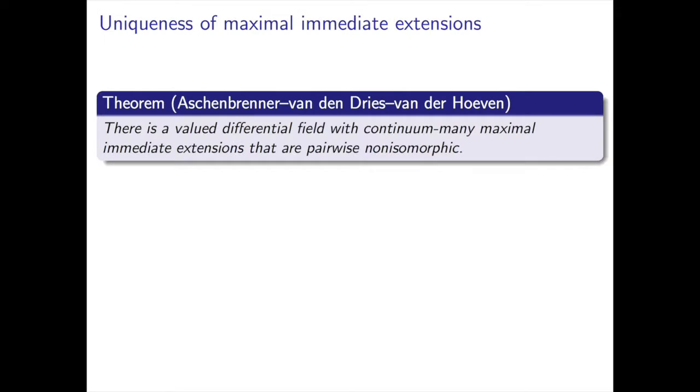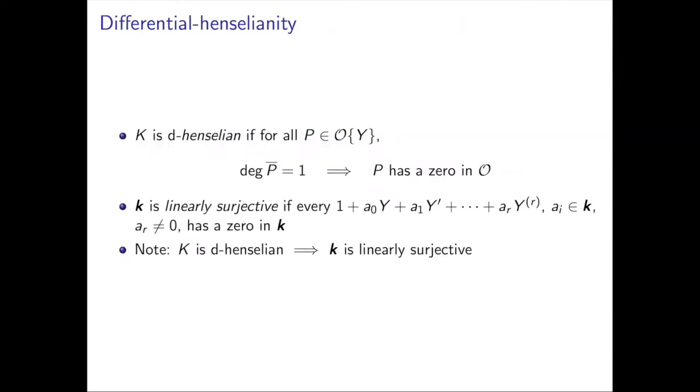So what about this uniqueness issue? First of all, it's false in general. I mean, you can get continuum many maximal immediate extensions, in some sense, and this is not a really pathological example either. It's an H-field, which is some algebraic analog of a Hardy field. But really, the problem is the one that you identified, that the derivation on the residue field is trivial here. Whereas the point is that being differential Henselian implies a non-trivial derivation on the residue field.